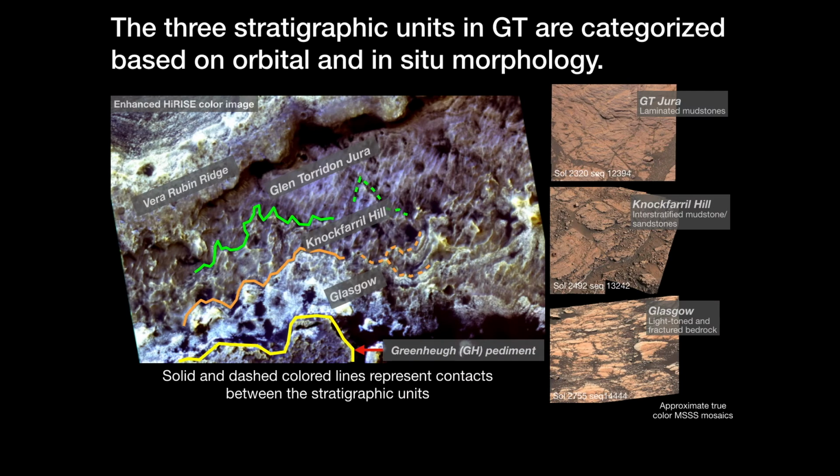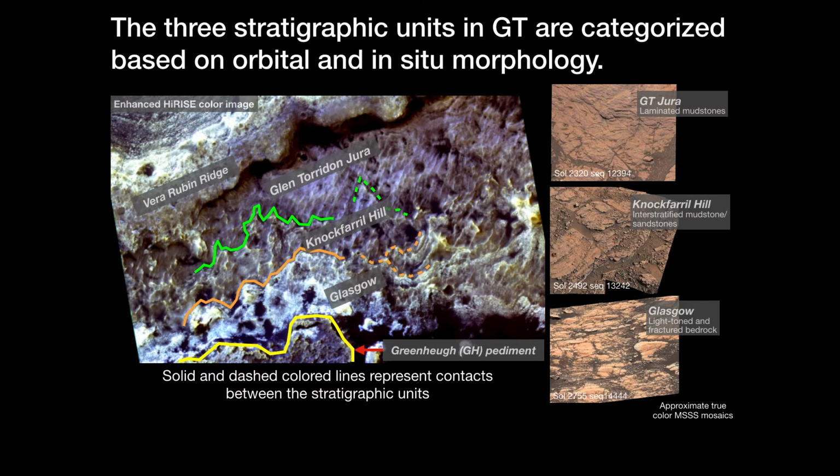Within Glen Torridon, there are three stratigraphic units defined by their orbital and in situ morphology. Starting from lowest to highest elevation, there's the Glen Torridon Jura, which is comprised of laminated mudstones with a minor sandstone component; Knockfarrill Hill, which is comprised of interstratified mudstones and sandstones; and Glasgow, which is defined by its light-toned